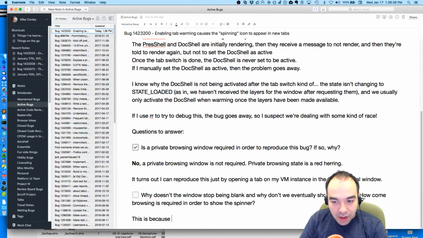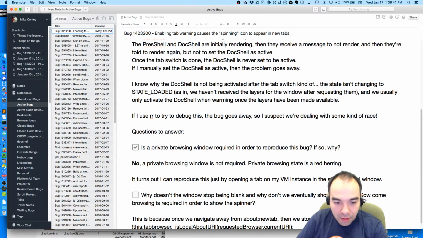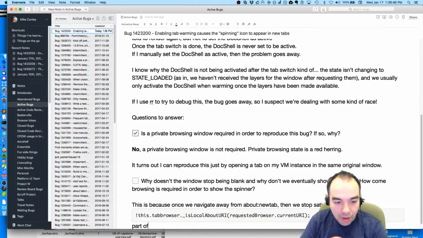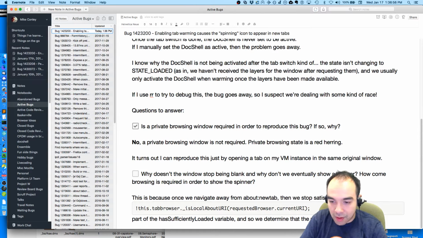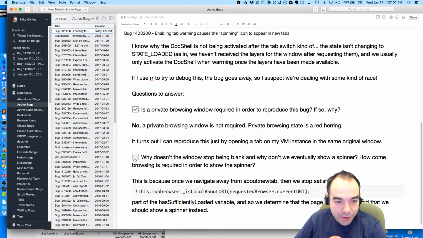This is because once we navigate away from About New tab, then we stop satisfying that part of the has sufficiently loaded variable, and so we determine that the page is fully loaded and that we should show a spinner instead. Okay, so we've answered that question.